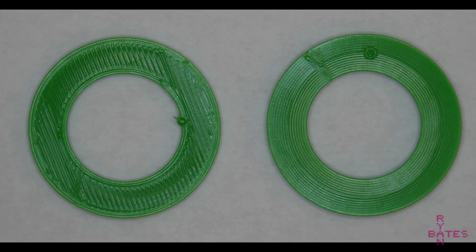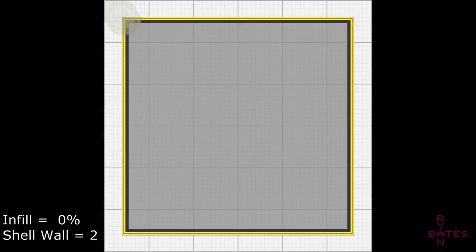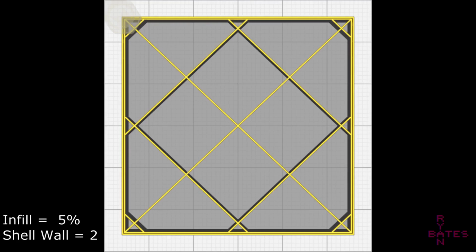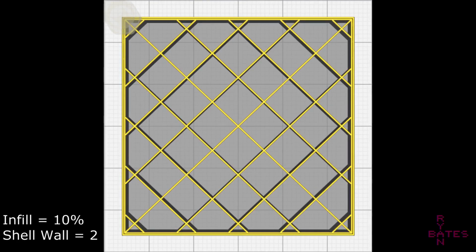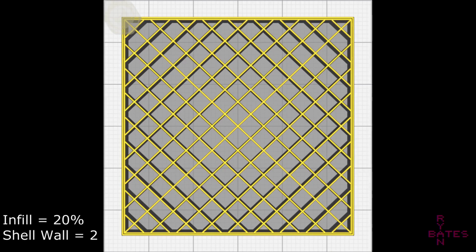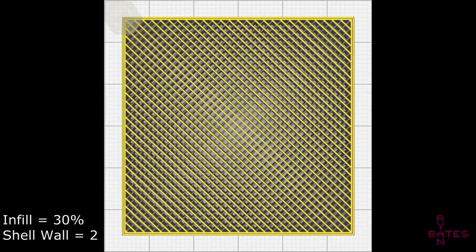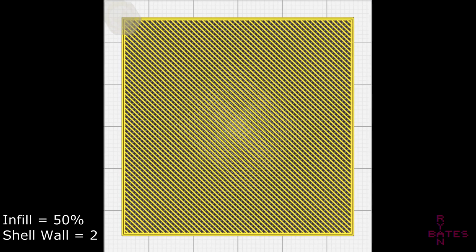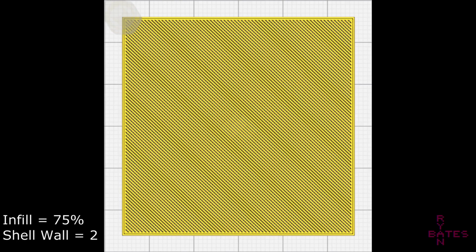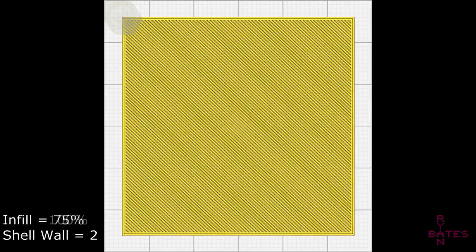Okay, so this example is an oversimplification. Its purpose is to emphasize the flexibility the slicer allows if you know what options to seek. Remember, strength based on infill alone will plateau around 75% infill and up. You won't see much change in strength in a part with a 75% infill other than it costs more to print. To get the best of both worlds, that being a strong part while using the least amount of material,